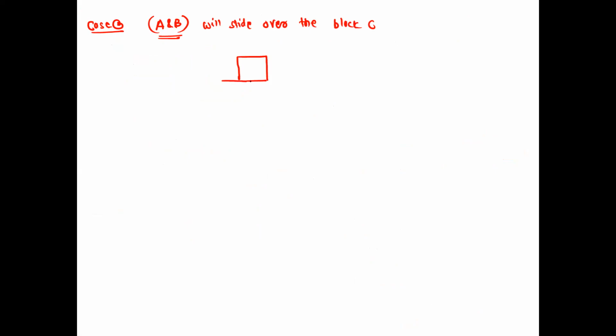So this is block A and this is block B. This is the force P which is acting on the block A. Its weight is 80 Newton. For B, its weight is 50 Newton. Now for the second condition, as A and B are simultaneously moving as a single unit, there will not be any friction between these two surfaces. Friction will be developed at